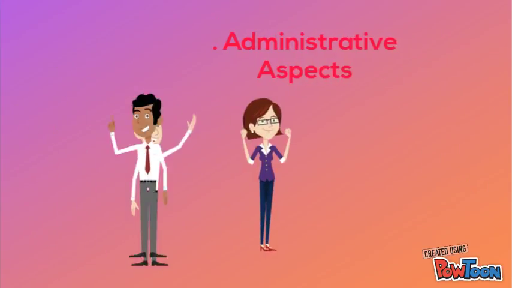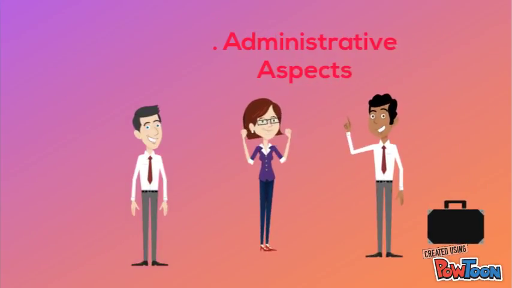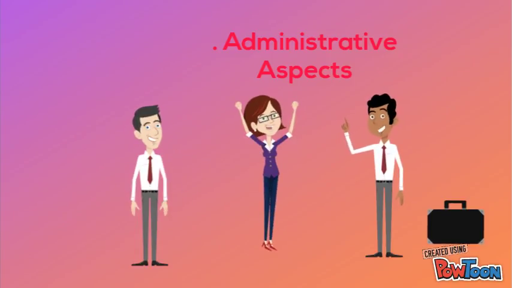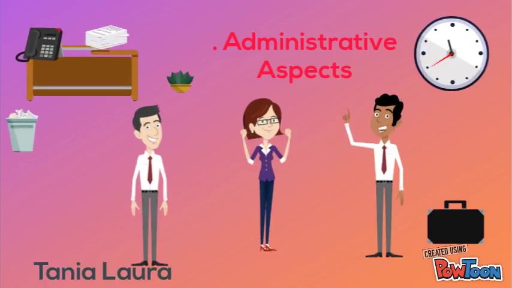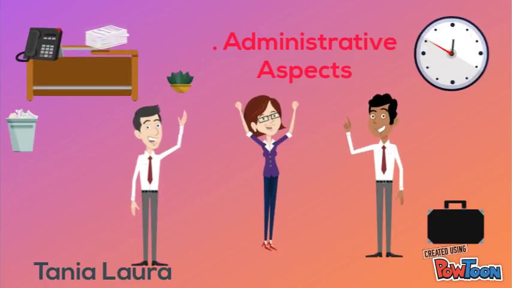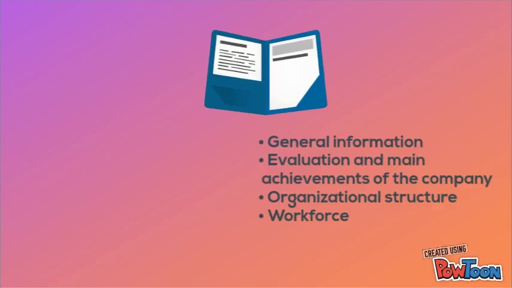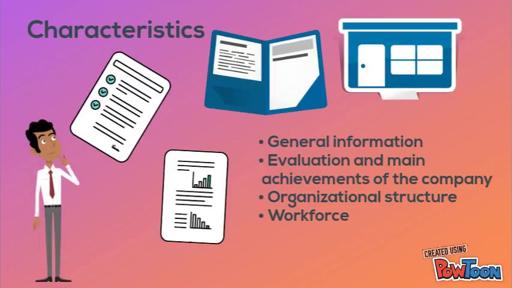Administrative aspect. Success in the installation and operation of a project is based on people with the capacity and experience to manage the business. Objective: to know the purpose of the business organization and the experience of its managers. Characteristics. General information. In the case,